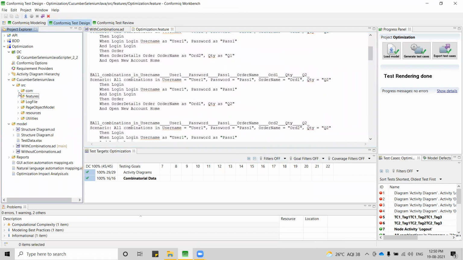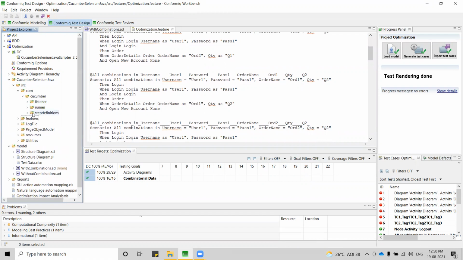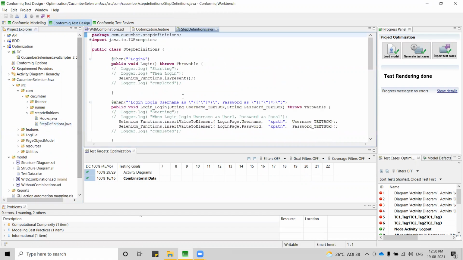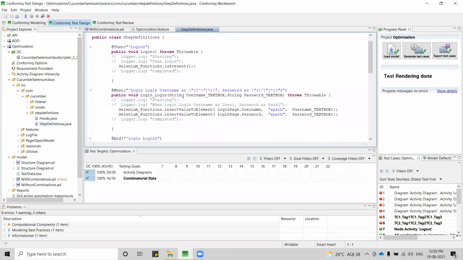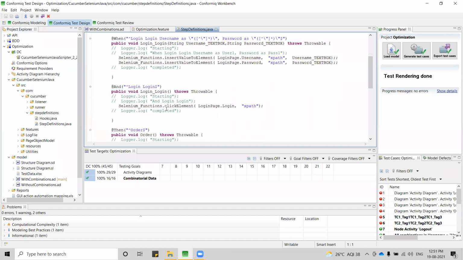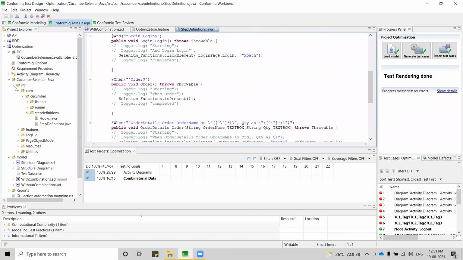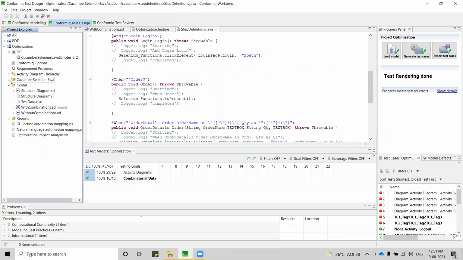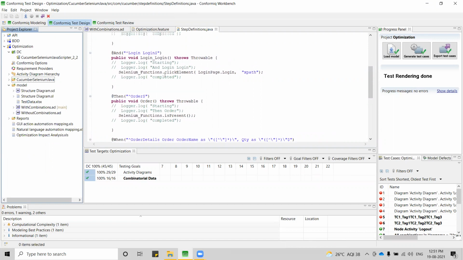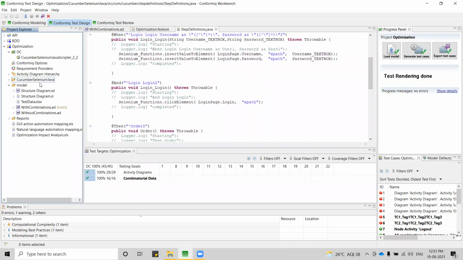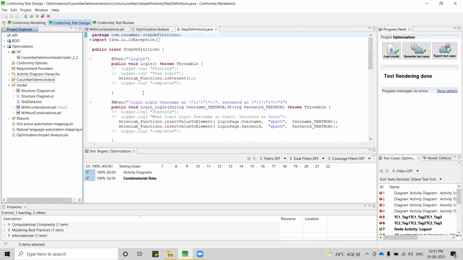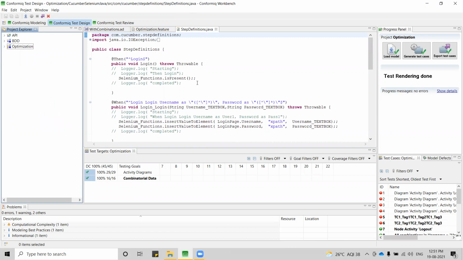And similarly, I will also get step definitions. If you see here, these are all my step definitions that are created based on the feature file. Hope this helps you. This is how we are going to use this Cucumber Selenium Java scripter along with feature files that are generated. And if you want only the feature files, not the Java files that need to be generated, you can just go for using this Gherkin BRM scripter.